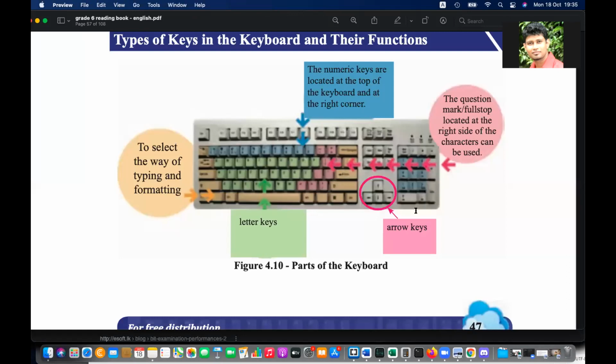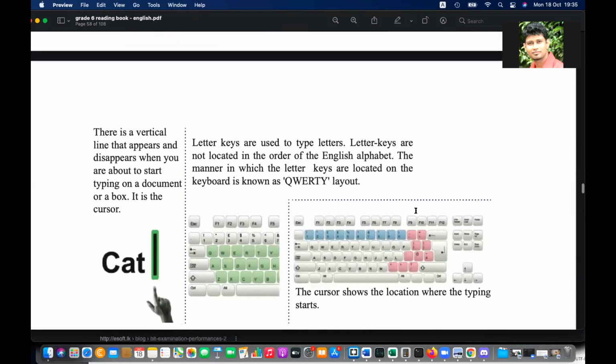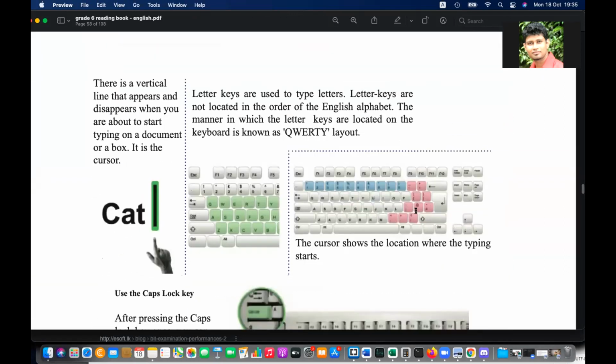Okay. So let's go back to the lesson. We were discussing the keyboard and also the fast ways of accessing things using keyboard shortcuts. And when you type somewhere,